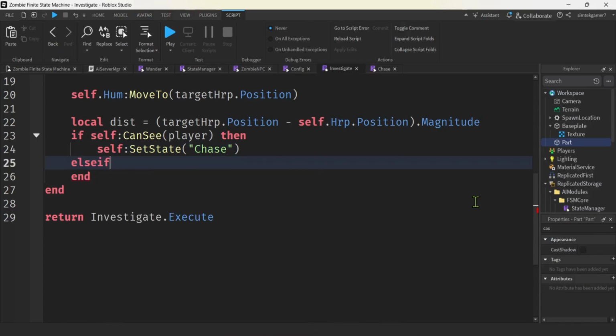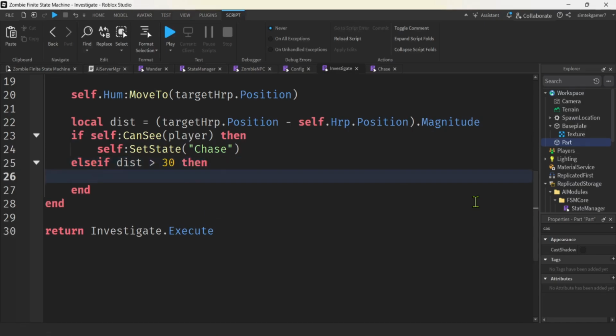And then I'll say else if the distance, and we could pick a distance, right? We're going to put this in the configuration because it's already getting kind of confusing. I think my sight distance was like 30. We'll call it 30, right? So if you're within 30 studs,